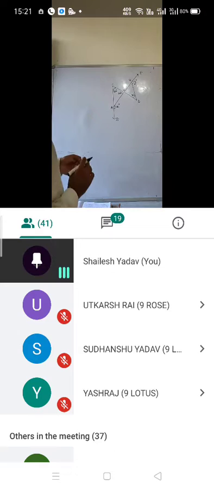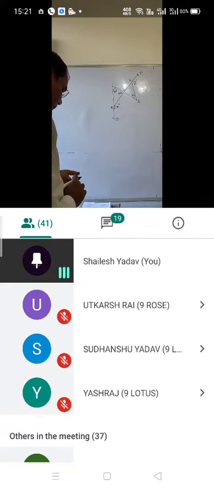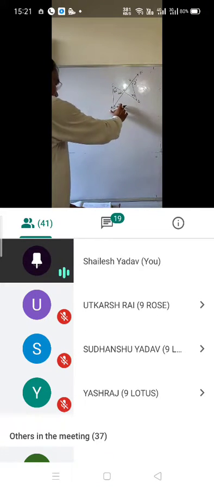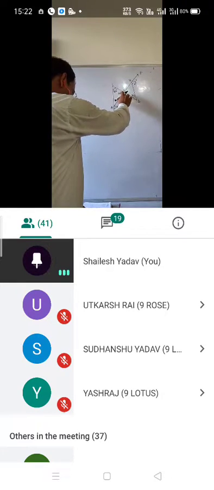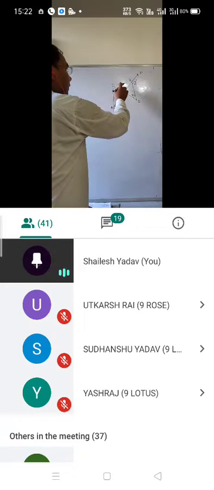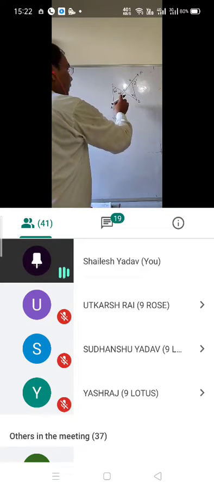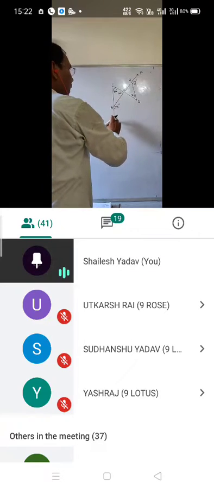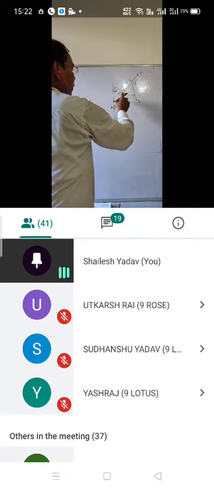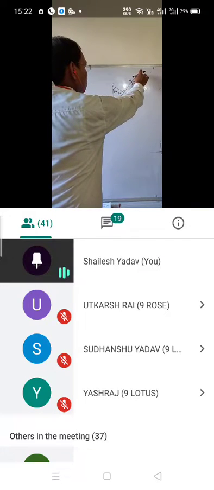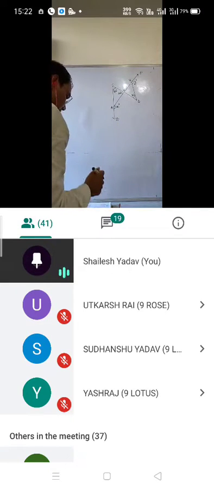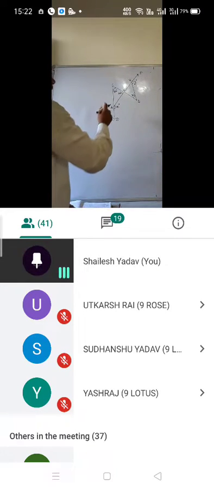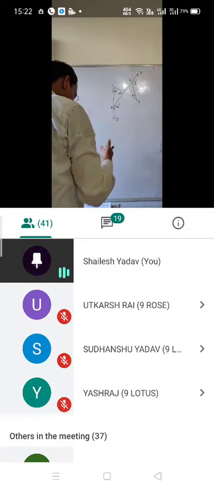So in the question, this diagram was given. Now I am going to read the statement so that it will be clear what you need to find. It is given that in the given figure, lines AB and CD intersect at O. The sides CA and OB are produced up to the points E and F respectively. So OB is produced up to point F, and CA is produced up to point E. That is given in the diagram also. And these angles are given in the question.